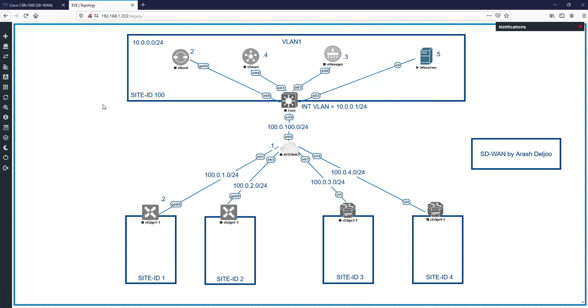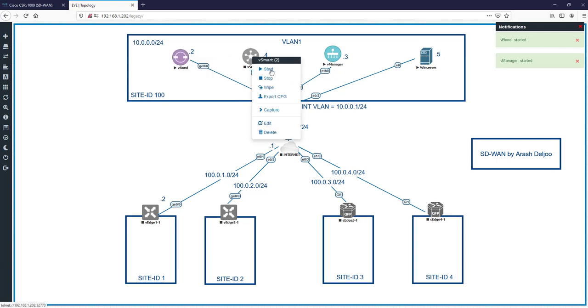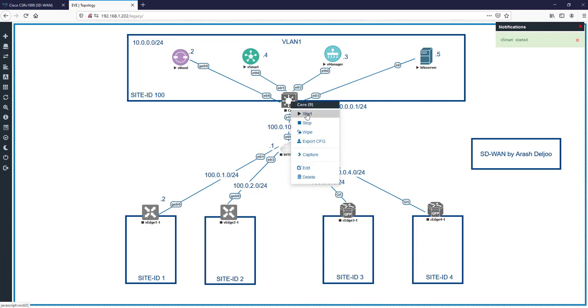This is our scenario, and turn on our controllers. For example, vManage. I click it, I right click, and then select start. After that, I can select vBond and then start. And after that, vSmart. All of the controllers are now starting, and because connectivity is needed, I start the core switch. Very good. Now